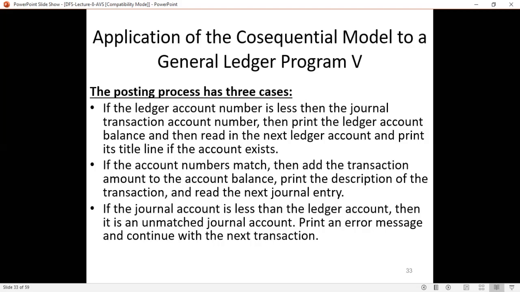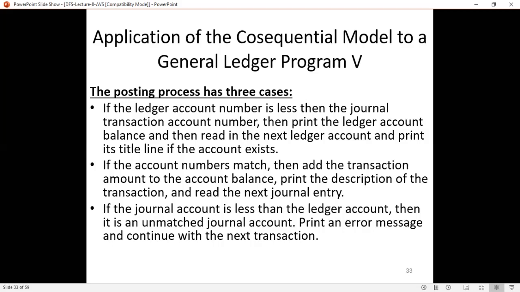In this program, if the ledger account number is less than the journal transaction account number, that is, item 1 is less than item 2, then print the ledger account balance and then read in the next ledger account and print its title line if the account exists.